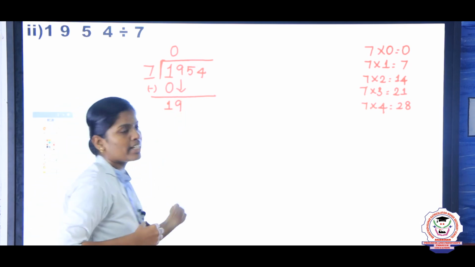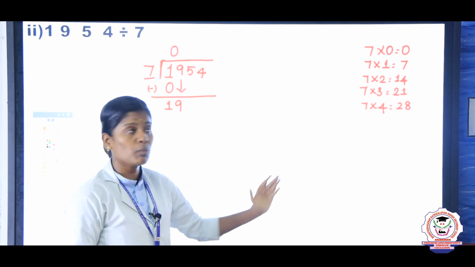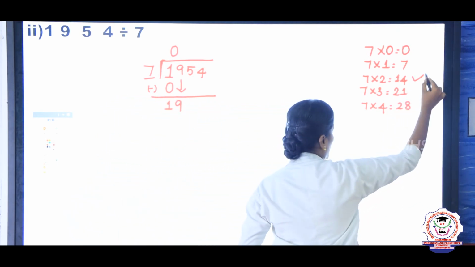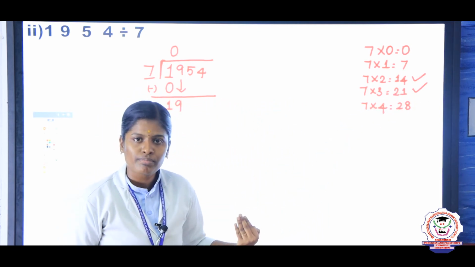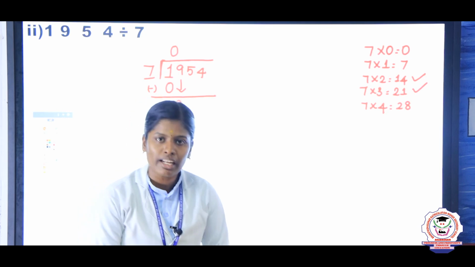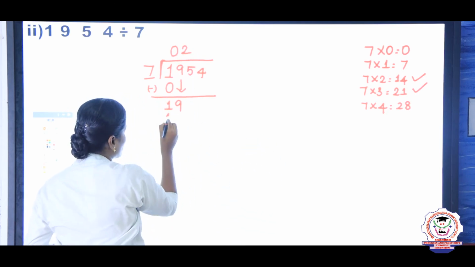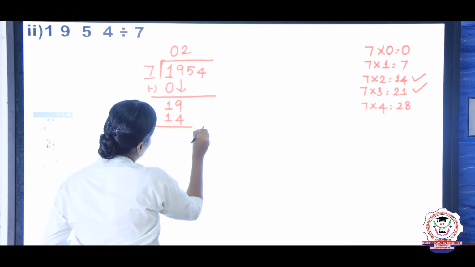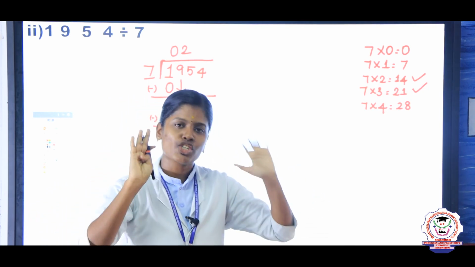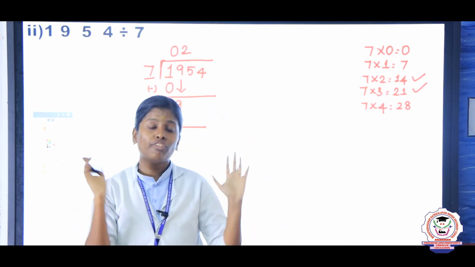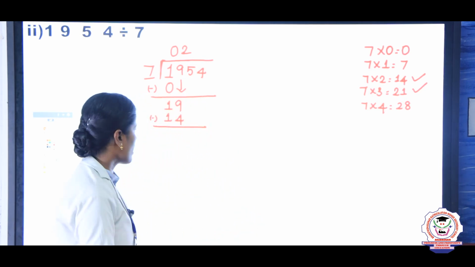Now we are going to check a 7 table, 19 have or not. So listen my children, in 7 table we have 14 is there, 21 is there. Now tell me Nasreen, what number need to take here? Very good, we need to take the smaller number. Okay, so take 2 7s are 14. Now you subtract this. What is the answer? 9 minus 4. Just show your 9 fingers and fold 4 fingers. Remaining you have 5 fingers. So the answer is 5.